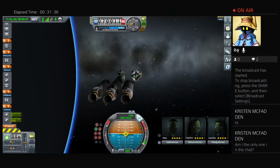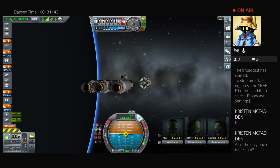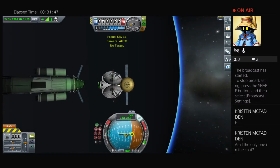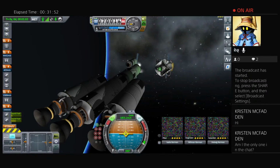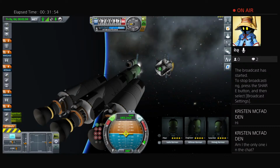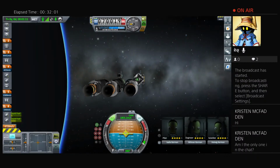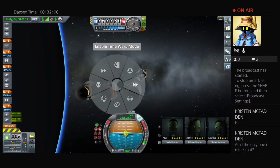And we are waiting for that to get out of the way so we can get out of the same orbit of this station. In fact, let's go to docking mode, activate our RCS, and try to push away from the station with our RCS now. Then deactivate the RCS, go back to staging mode, and wait for that now, which we can do by time